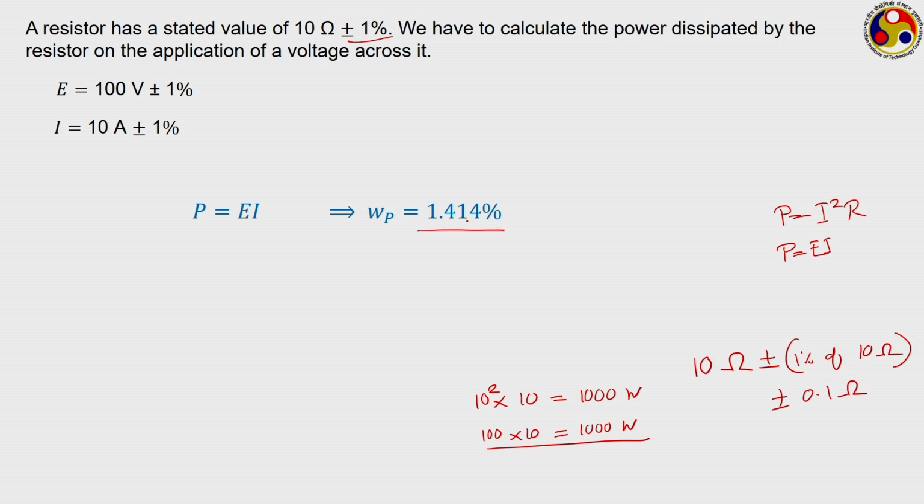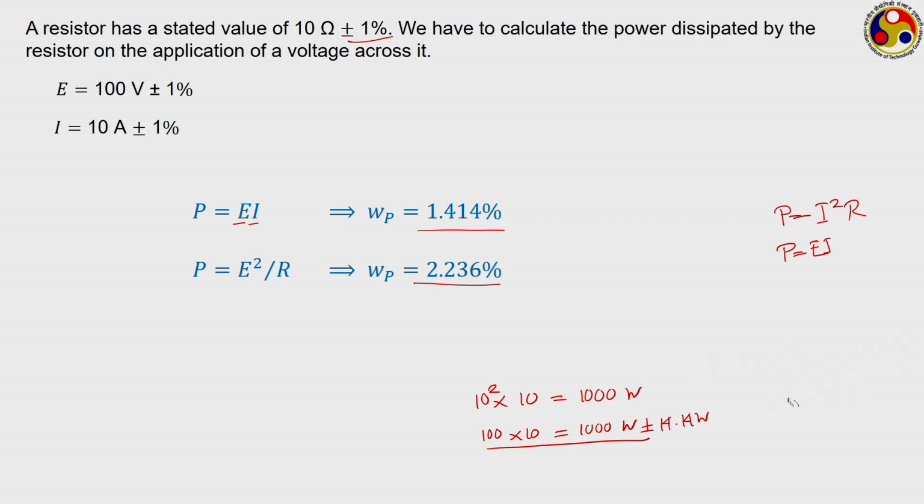Now, if you calculate following the other one, P equal to I square R, that seems much easier, because in this case we have to measure both E and I, but if we follow the second method, we have to calculate only the current. But here we are getting a higher error, at least 1% more error possibility. That means, while the first case P equal to EI is going to give you an error margin of plus minus 1.41% of 1000 watt, so something like 14.14 watt,